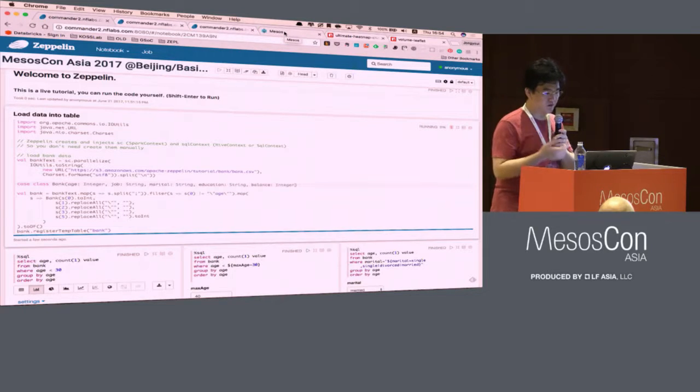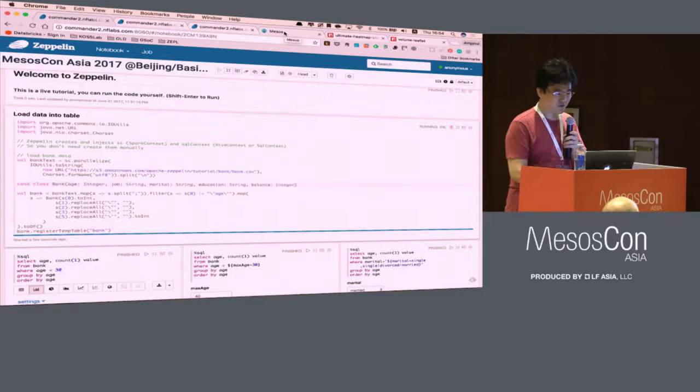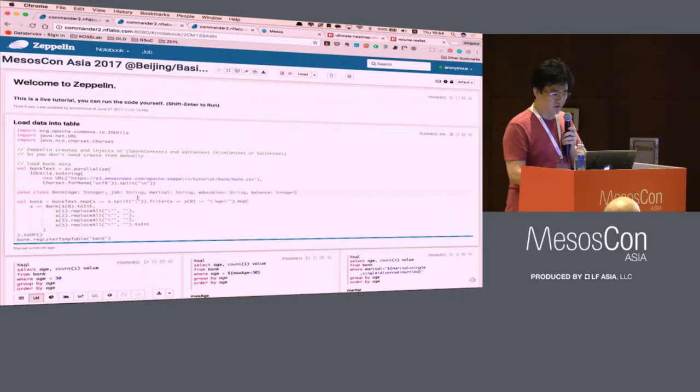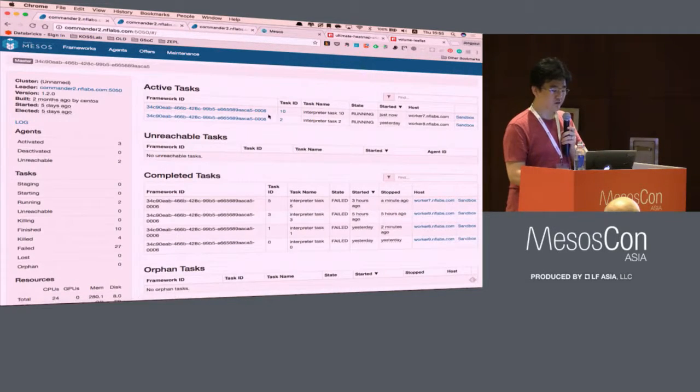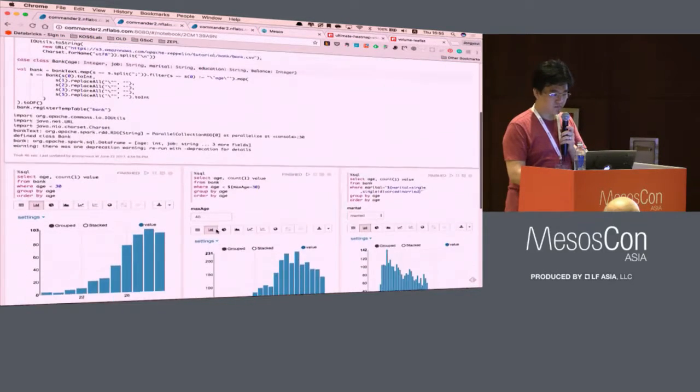I'm not sure why it's interfering with two different kinds of Spark interpreter. Yes, but I will try to solve it later. And running this script by these interpreters, this is a kind of Spark interpreter launched in the Mesos cluster. So, yeah,